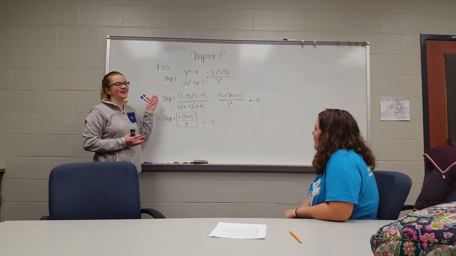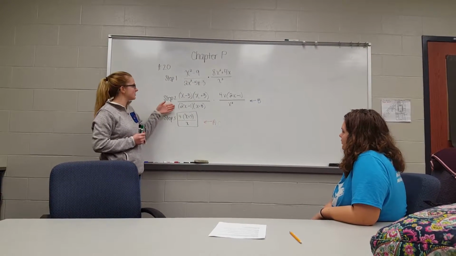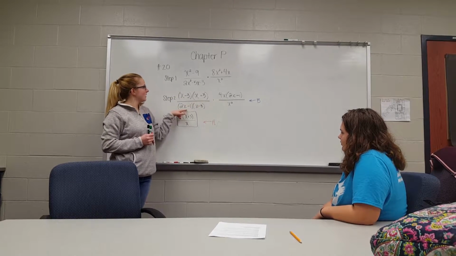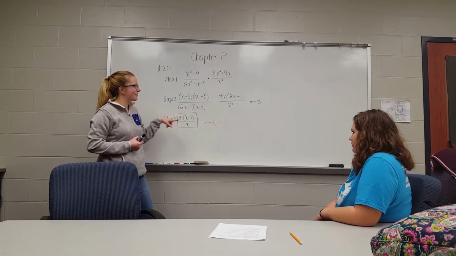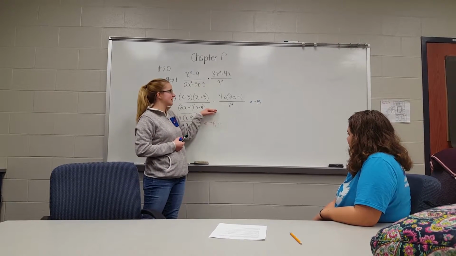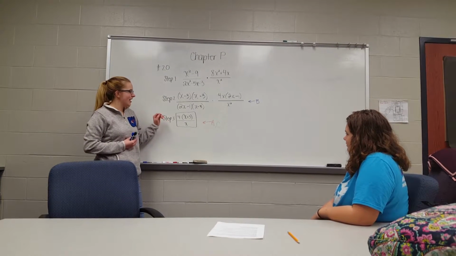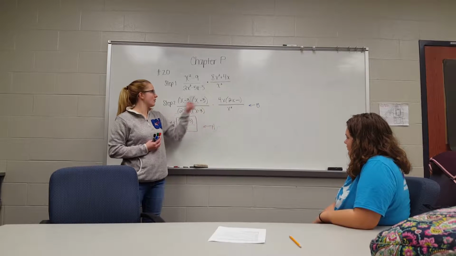So on number 20, you take the top and bottom of both sides and you factor it out. And once you get that, you'll see that some of them cross out, like these two and these two. And once you do that, this will be your final answer. And player B left theirs like this, they didn't cross anything out. And player A and C, they messed up crossing things out, like they missed the X's crossing out, or they